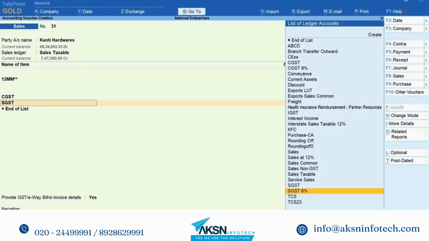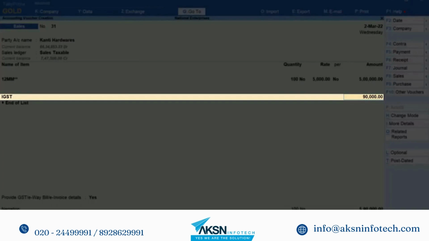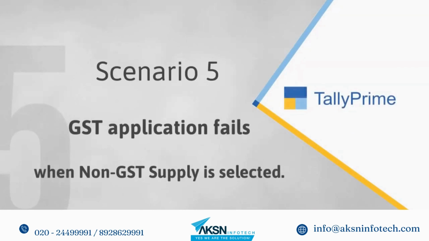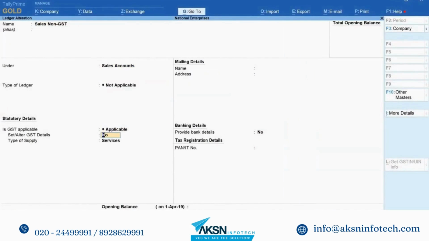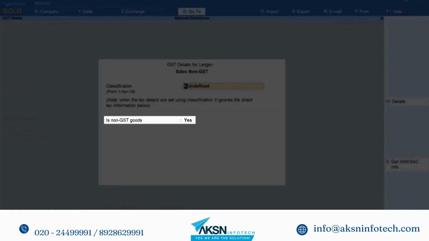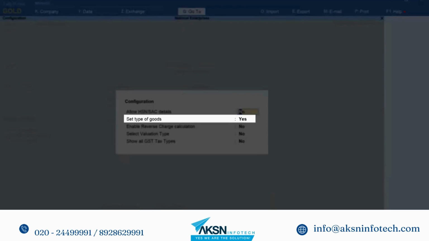इसको हल करने के लिए सीजीएसटी और एसजीएसटी के लेजर्स हटाएं और आईजीएसटी लेजर चुनें। टैली प्राइम आईजीएसटी लागू करके वाउचर में दिखाएगा। एक और मामला जिससे वाउचर में जीएसटी कैलकुलेट नहीं होता है वह होता है जब नॉन जीएसटी सप्लाई चुना होता है। यह एक सेल्स लेजर में है जिसमें इज़ नॉन जीएसटी गुड्स को यस सेट किया है। यह विकल्प तभी आता है जब जीएसटी डिटेल स्क्रीन के F12 में सेट टाइप ऑफ गुड्स इनेबल्ड होता है।